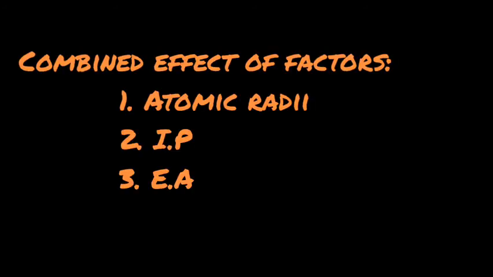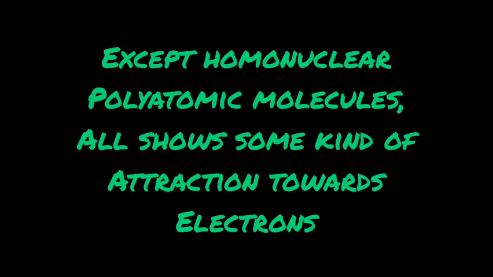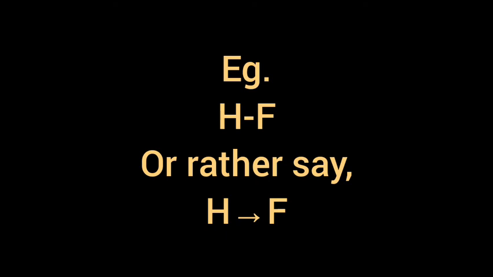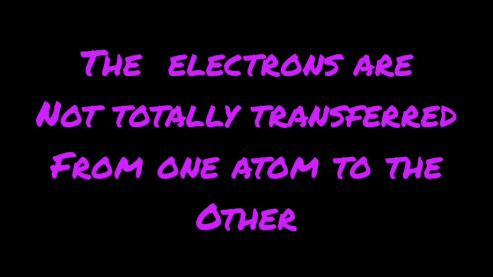So basically, again due to the combined effect of factors like nuclear charge and atomic size, the atoms of an element show a relative tendency to attract the electrons involved in forming a bond. In case of a covalent bond, the elements having high electronegativity withdraw the shared pair of electrons more towards themselves. Just see, in case of, suppose, hydrogen fluoride, HF, fluorine draws the shared pair towards itself, resulting in a partial positive charge on the H atom and a partial negative charge on the F atom.